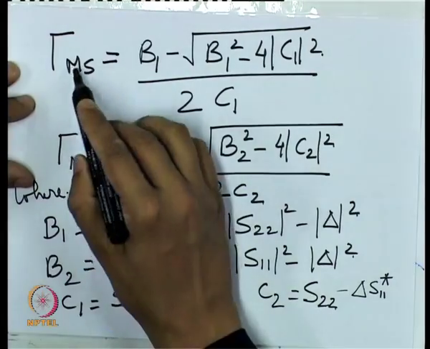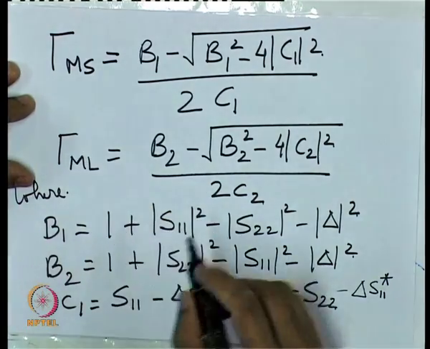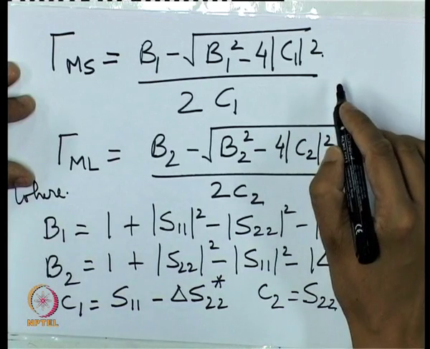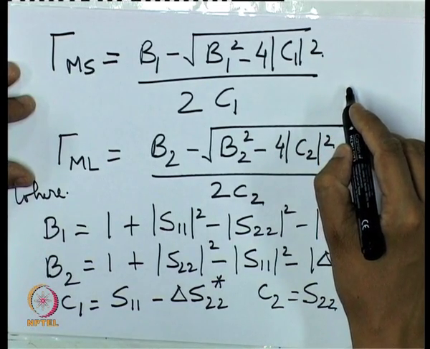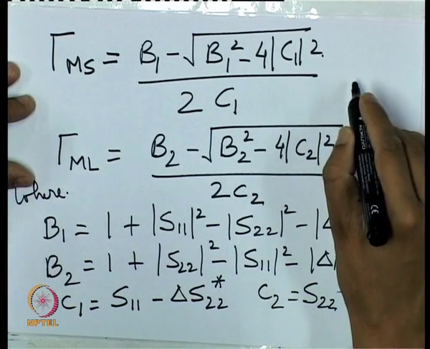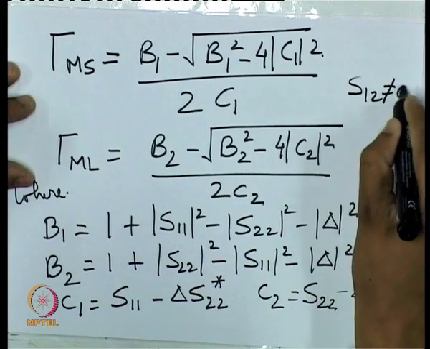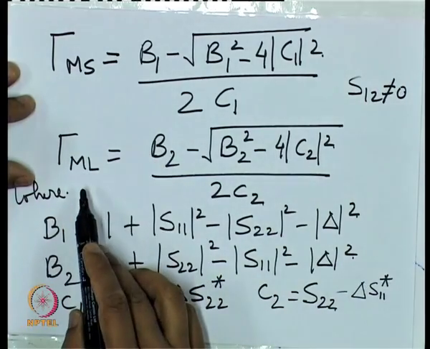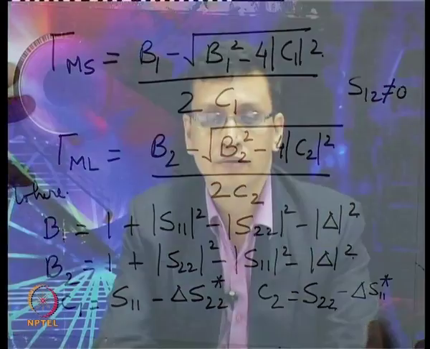Now if we substitute these values into the gain equation for the non-unilateral case, that is when S12 is not equal to 0, I am not repeating that equation, but if we substitute these values of gamma S and gamma L in that equation, what we get is actually the maximum possible value of GT for the bilateral case. And that maximum value of GT is given by